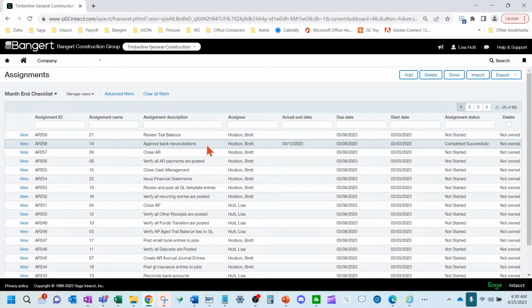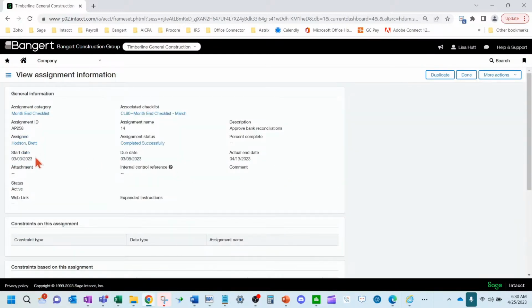And let's say I'm the person doing the approval, and I notice that the preparer of the bank reconciliation did not attach the bank statement to the assignment.